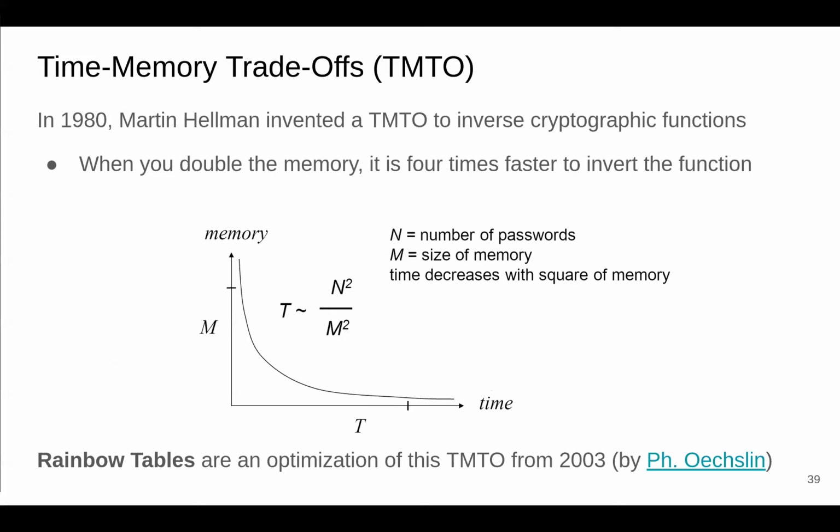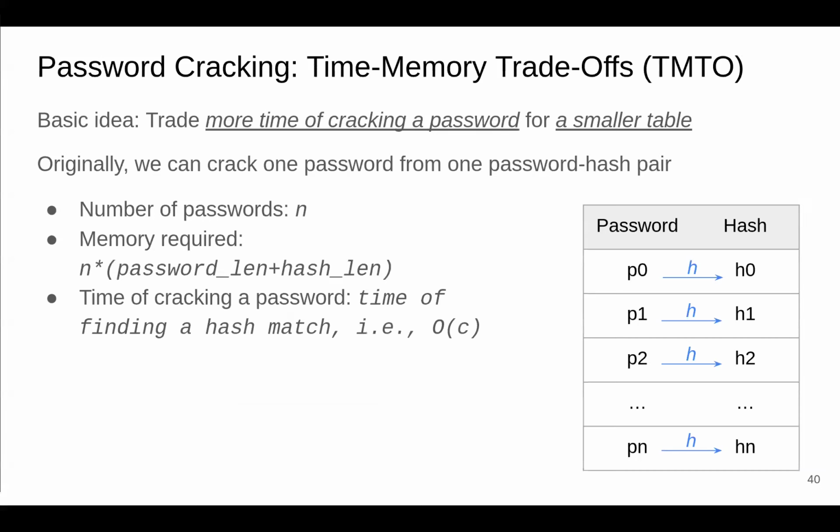So let's give an example for password cracking where we do such a time-memory trade-off. So we trade more time of cracking a password for creating a smaller table. So instead of 5 petabytes, we want a somewhat smaller table and restrict the amount of information there. Our original table just has all the passwords and the hashes, right? So we store all the hashes, and then we can look up the actual password in the same row, right? So we pre-calculate all the hashes and passwords. It's all stored. We just go back.